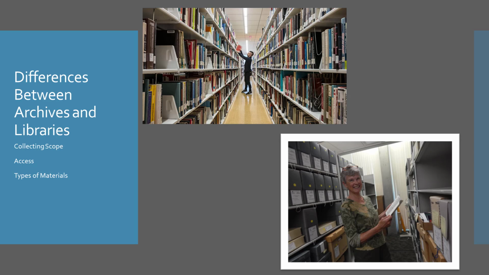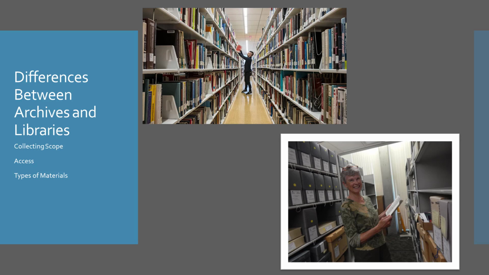The second is in access. While libraries are mostly open to everyone and books and databases can be checked out and browsed, archives don't circulate as they are rare and can't be replaced. They are housed in secure, non-browsing stacks and can only be serviced by staff members. Some archives are open only to a selected audience. Corporate archives, for example, are mostly only open to the current employees of that corporation. Most collections are available to the public, but others may have some restrictions, such as collections that have health and personnel records and also personally identifiable information.